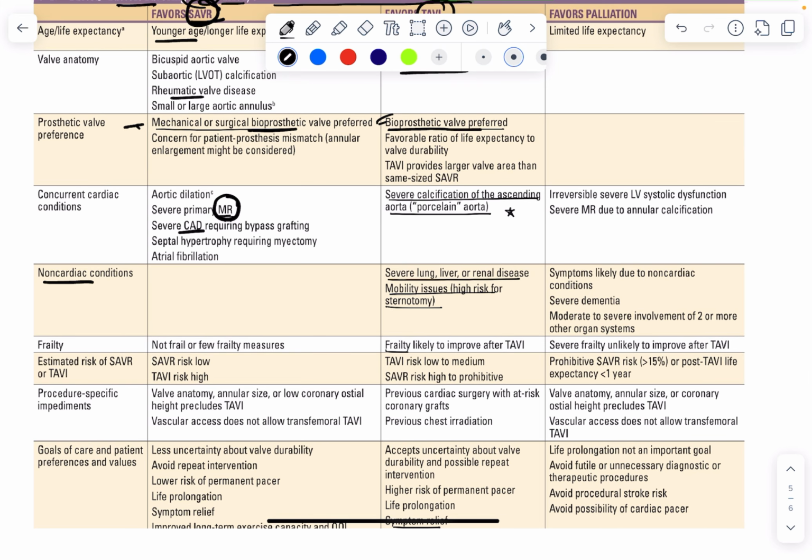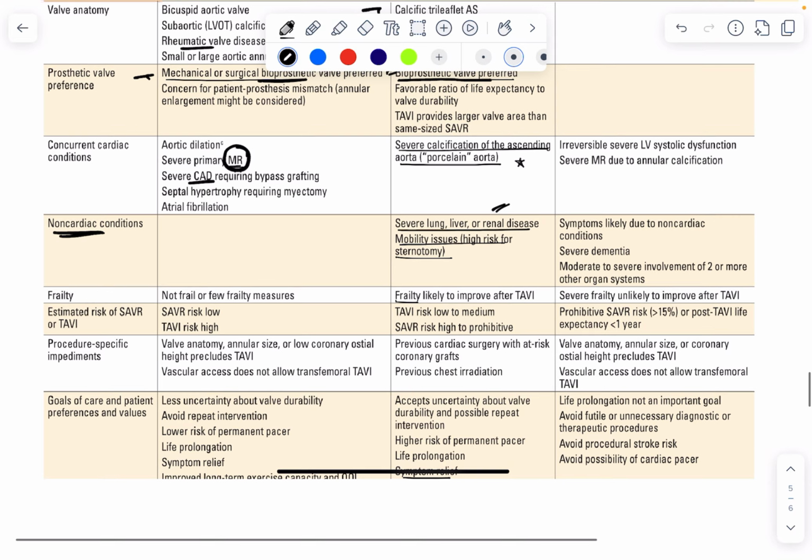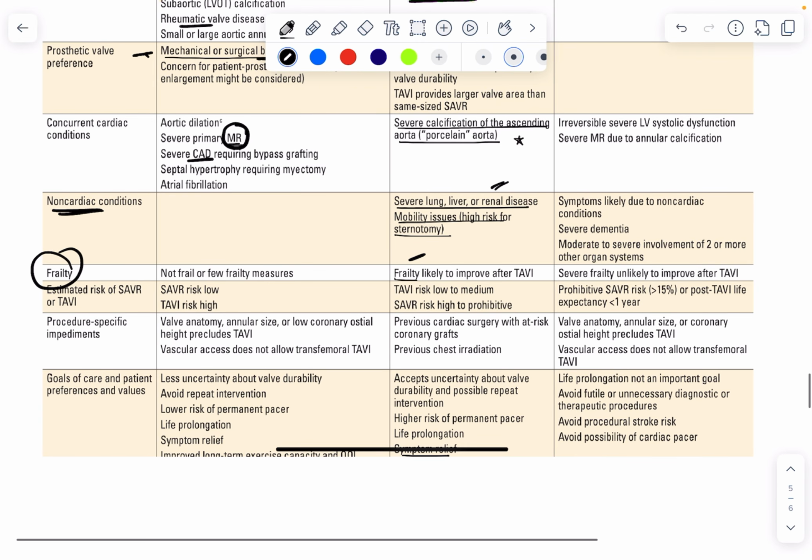In non-cardiac conditions, if the patient has multiple comorbidities like severe lung, liver, or renal diseases, then we will prefer transcatheter aortic valve replacement. And in the frail patient, obviously it is TAVI. Apart from that, if there are more complications of surgery, then we will prefer TAVI over SAVR. So this is the basic